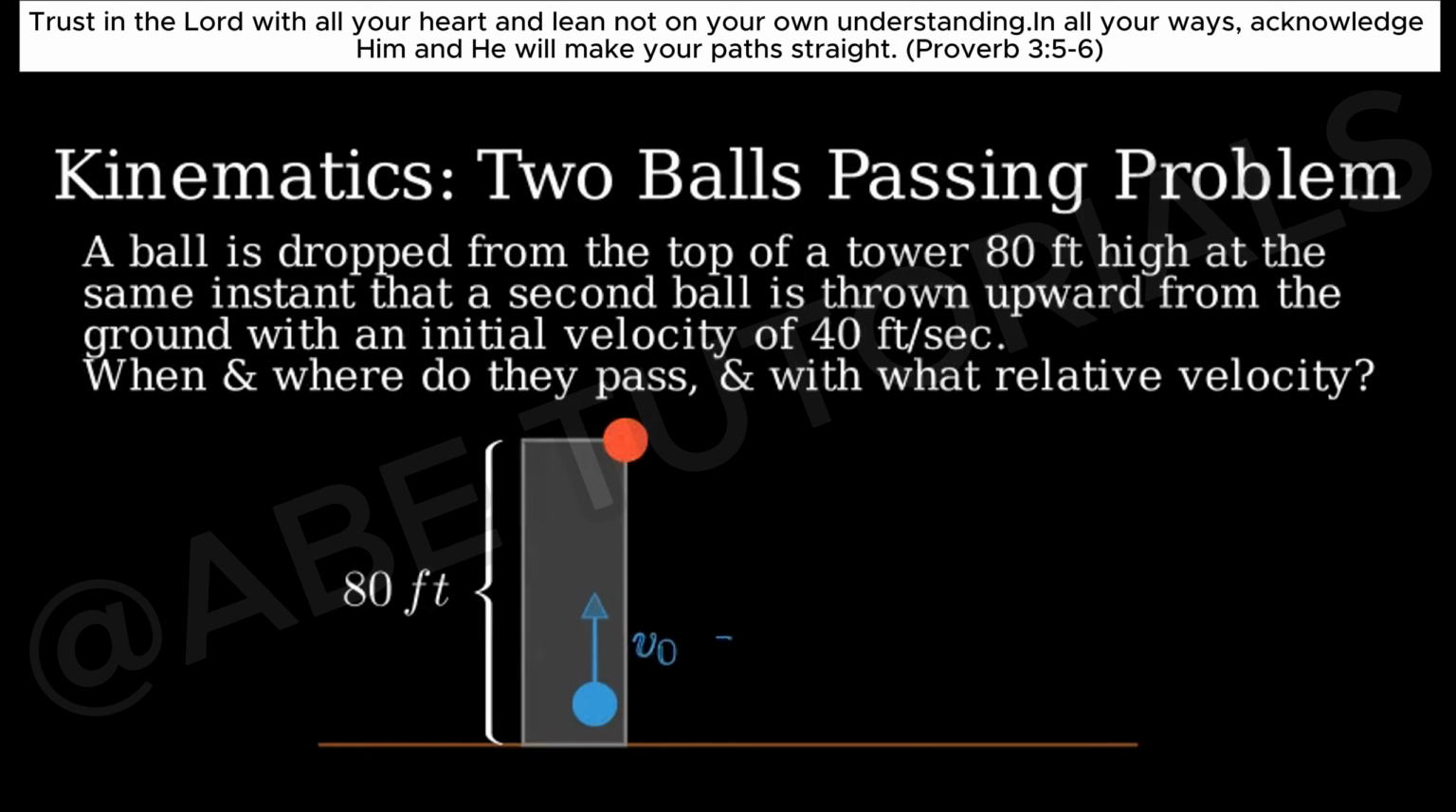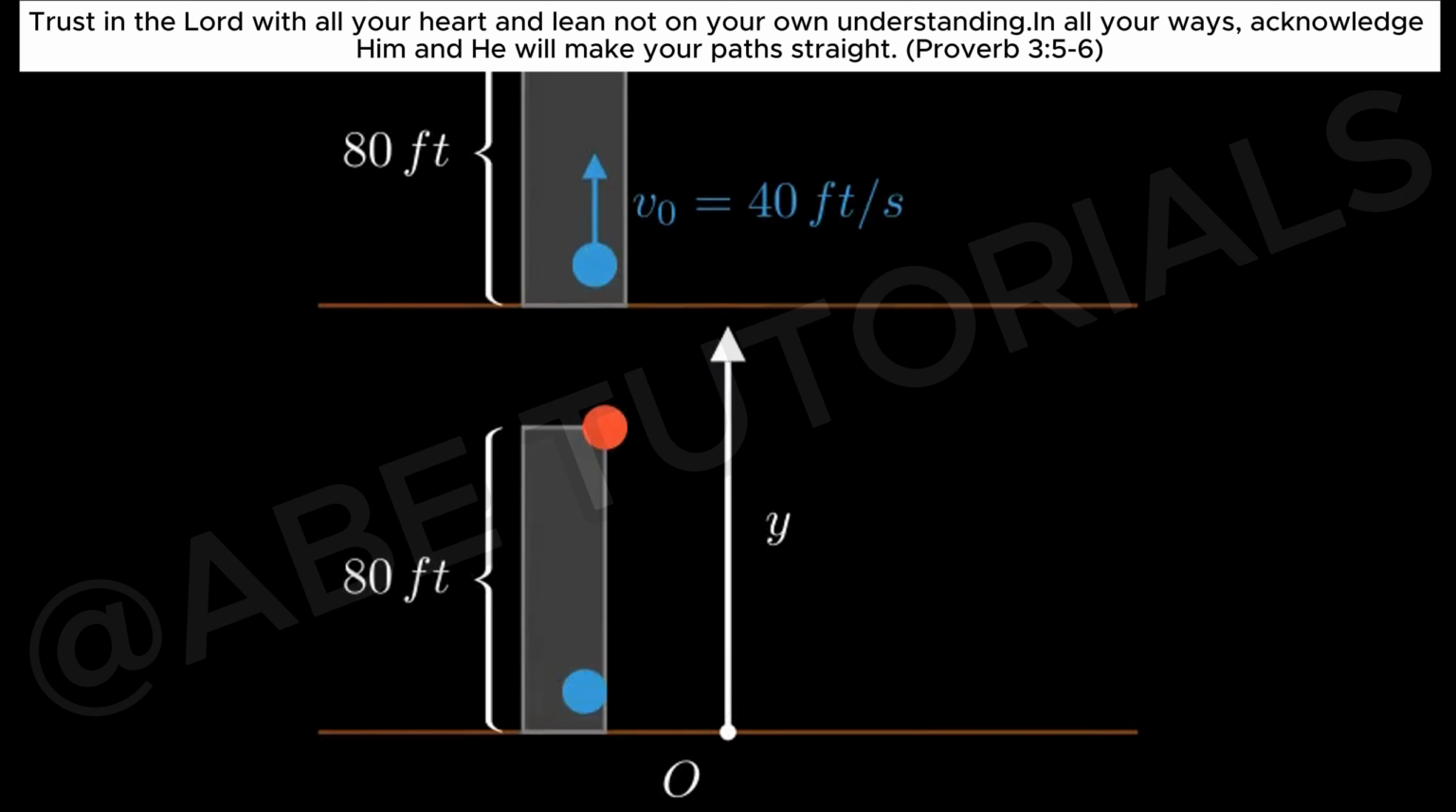Let's first understand the problem by drawing a diagram. For this problem, let's establish our coordinate system and variables. Since we're dealing with vertical motion, I'll place the origin at the ground and define the upward direction as positive. Let's define ball 1 as the ball dropped from the tower top, and ball 2 as the ball thrown upward